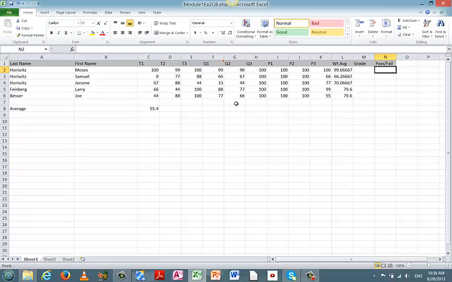There is, and I'm going to show you where to find these, a library of functions that are available. If you go to the home page and on the editing ribbon, you'll see there's a summation symbol, and to the right of it is a pull down arrow. Click there and it'll show you the 5 most recently used functions, and then there's more functions available. So if the function you're wanting to use is not among the 5 most recently used, then you can click